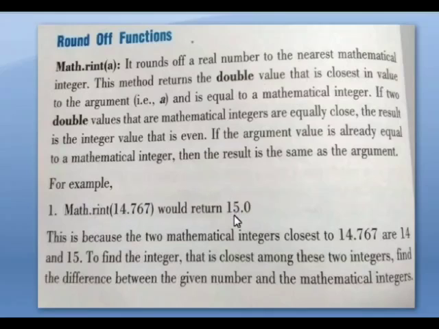This is because the two mathematical integers closest to 14.7 are 14 and 15. To find the integer that is closest among these two integers, find the difference between the given number and the mathematical integers. Okay, the next one is